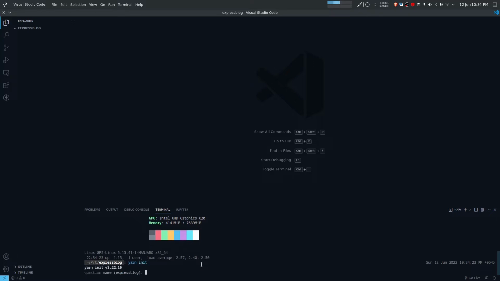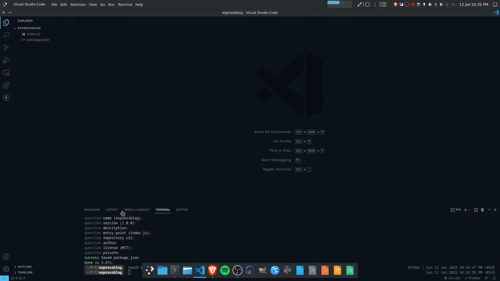Now what are we going to do first of all is we're going to initialize the project. Here I'm using yarn, but you can also use npm. So first of all I'll do yarn init. You can do npm init as well. It's all up to you. Let me skip everything here and just initialize the project. Now we need to create an index.js, that is the entry point. So touch index.js,